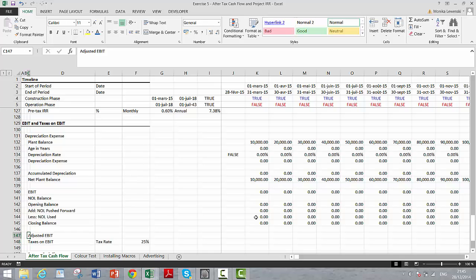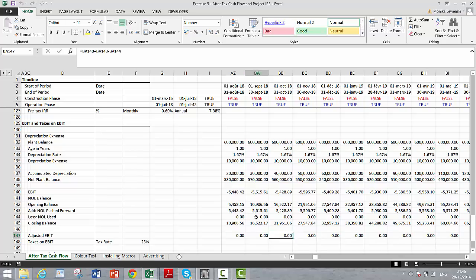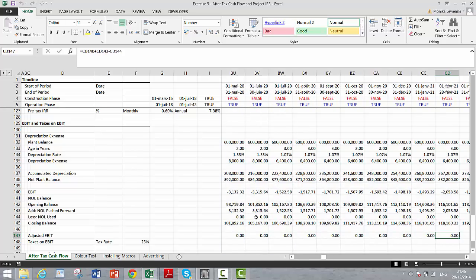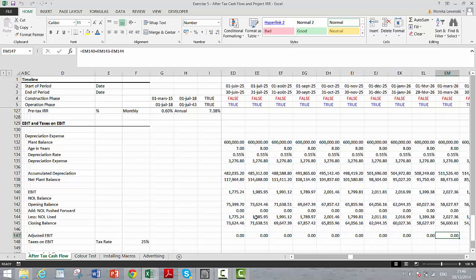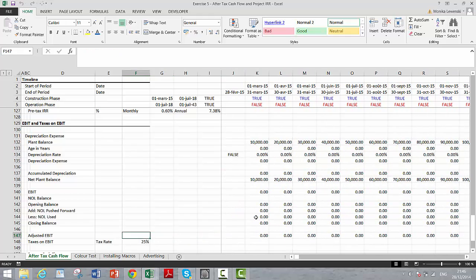EBIT, which is our earnings before taxes that we started with, and then we add back anything we pushed forward, and we subtract how much we take out. And this adjusted EBIT, I hope you like this, I like this little thing. It stays at 0, and then it stays there a long time, and finally gets up there. Okay, and then our taxes are just that number multiplied by the tax rate, F4,